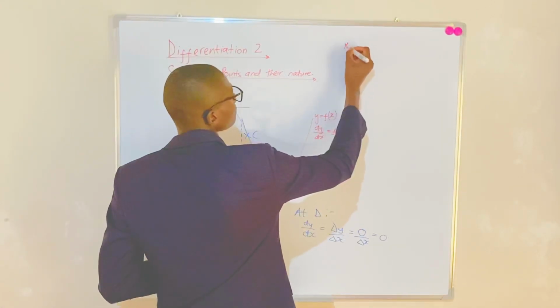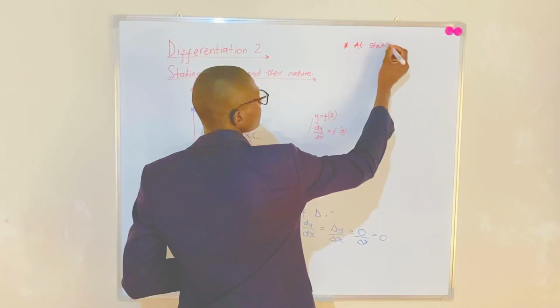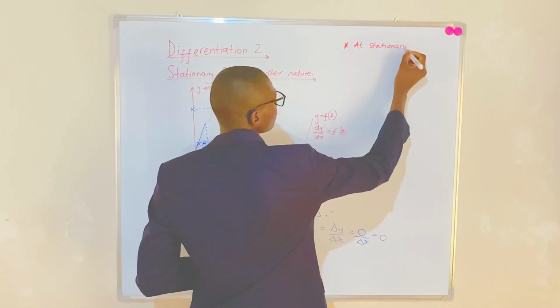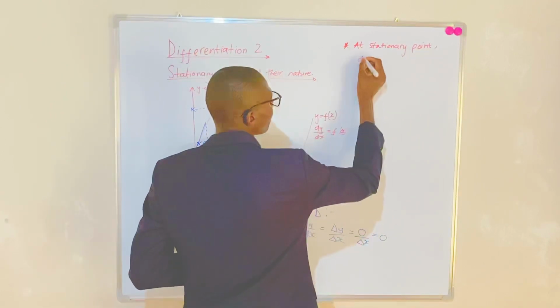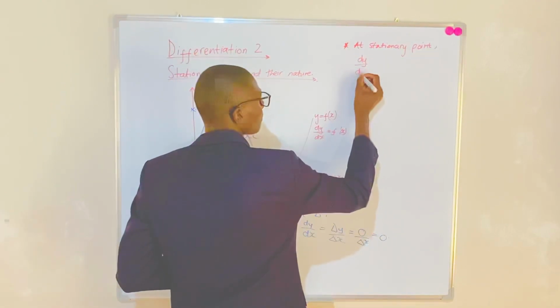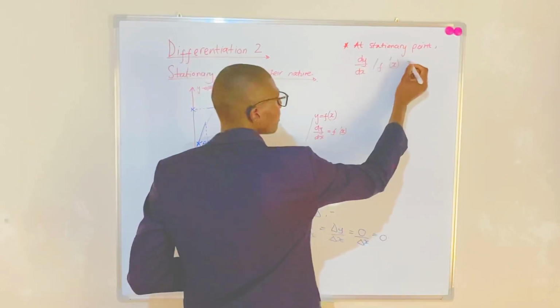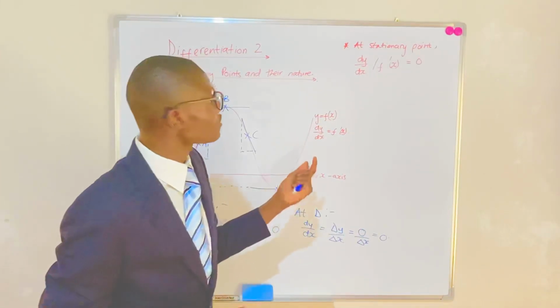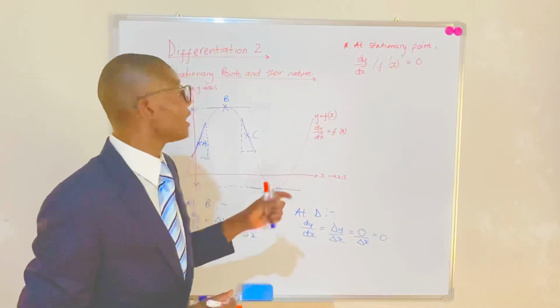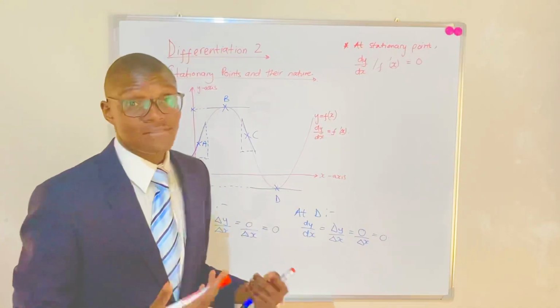So at a stationary point, dy by dx, or f prime x, which is the gradient function, is equal to 0. This is the first condition. At a stationary point, dy by dx, which is the gradient function of whatever curve that we have, is equal